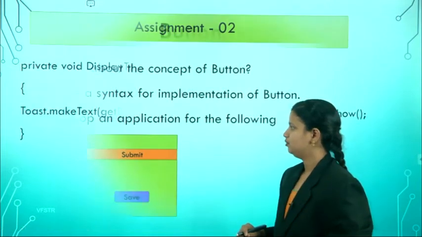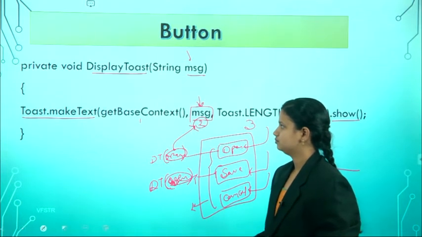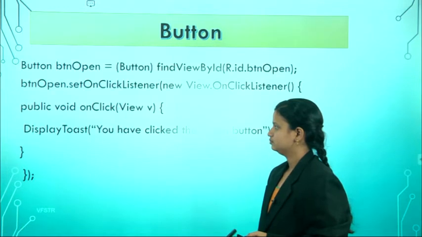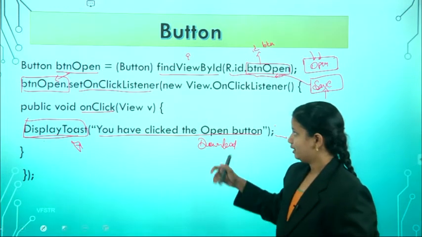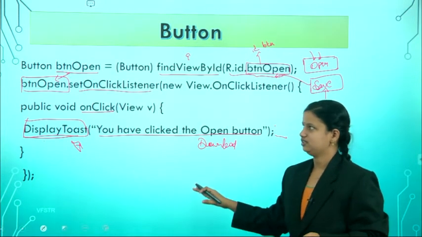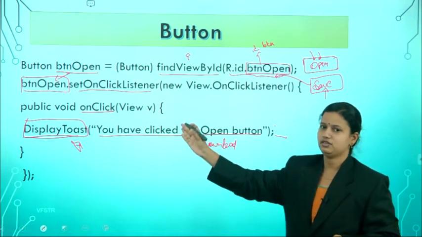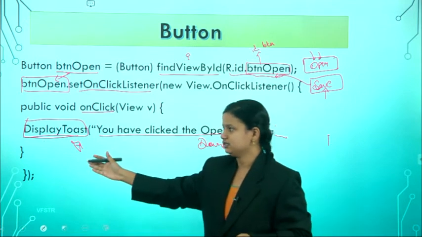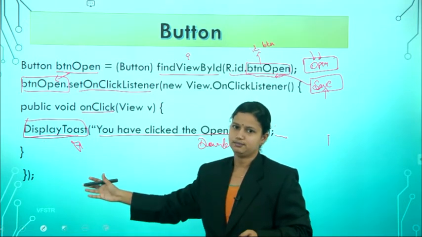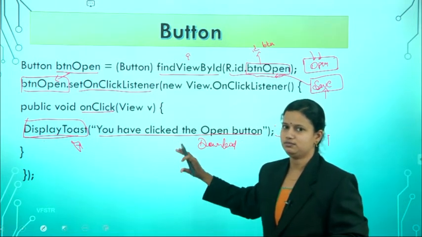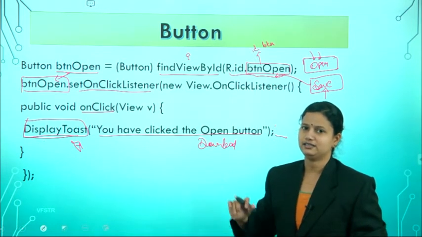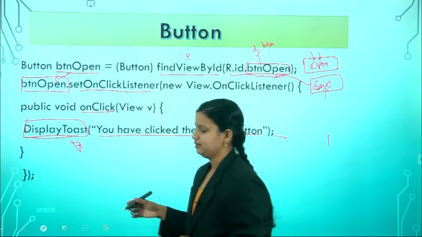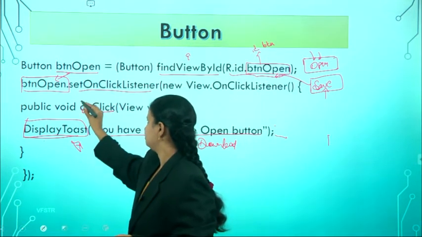Before knowing about this display toast, we have to create an object for this button. We have to implement the corresponding action in the onClick method. But instead of this method, we can write it directly in one of the properties in XML also. That means we have to go with the onClick method.